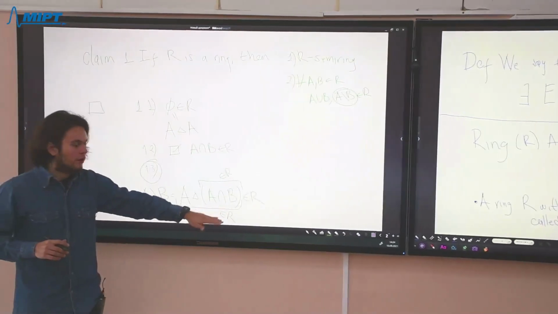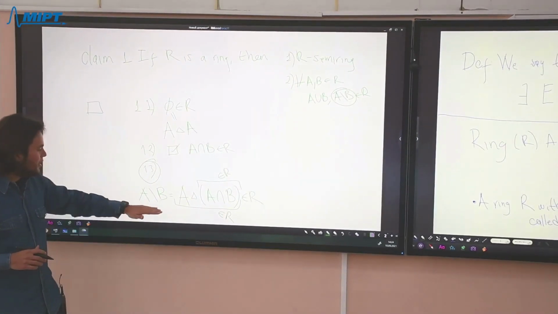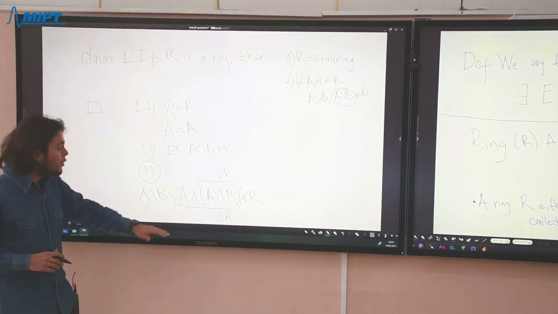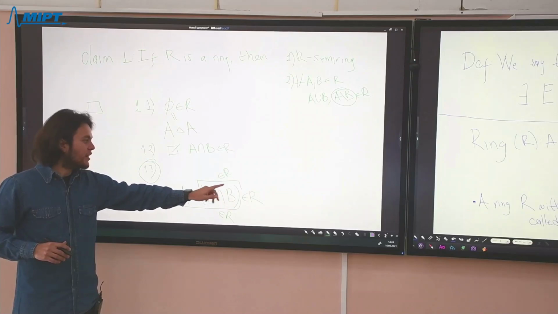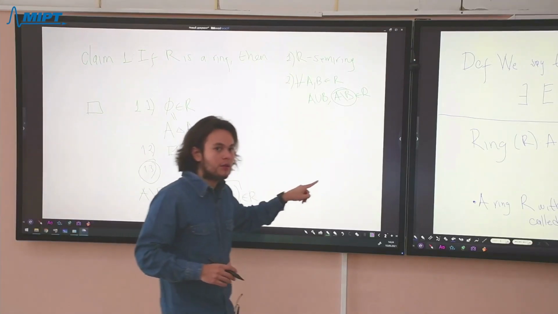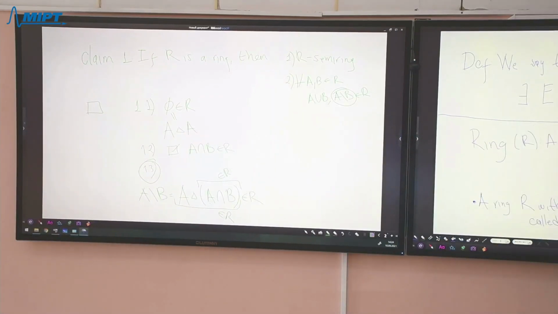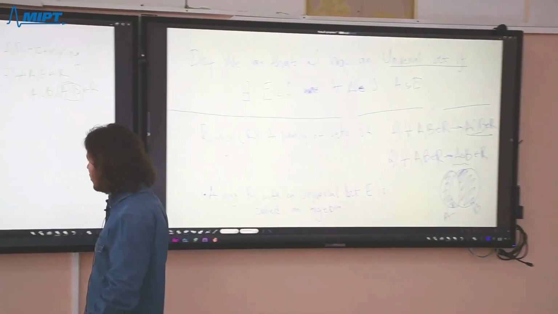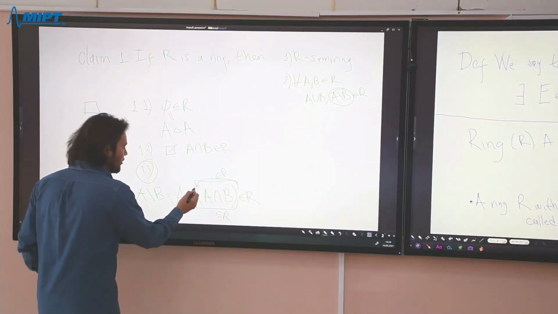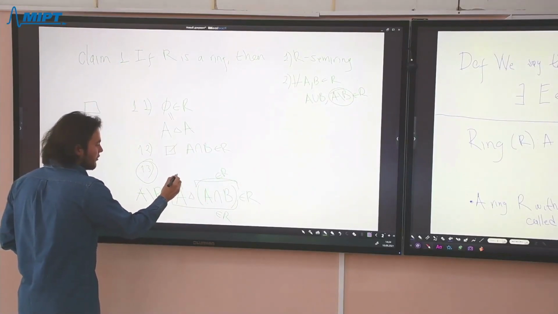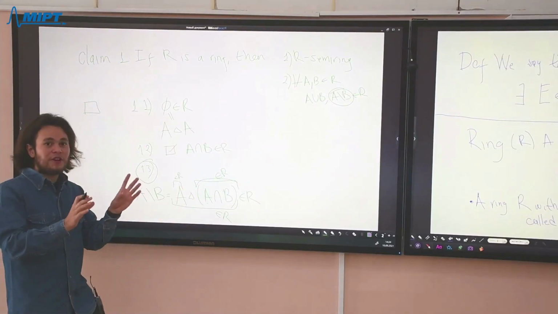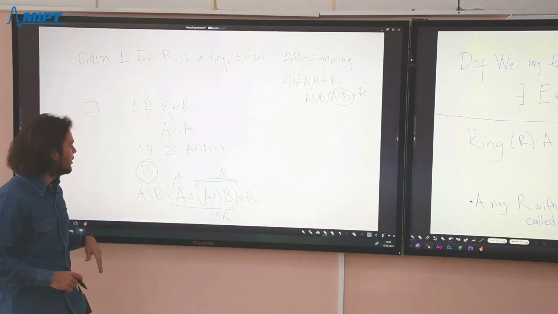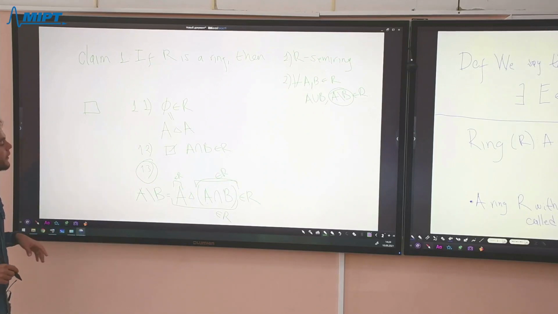Okay. We can express A minus B using this. Is this clear? We know that A intersection B is an element of R because it's given, right? And we know that A is an element of R. And so the symmetric difference of two elements of R is an element of R. So we have that this is an element of R. Okay. And now the third one is that